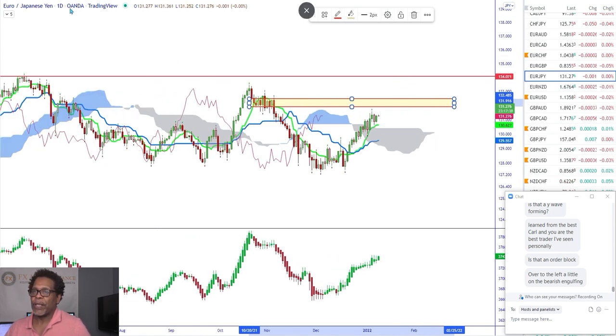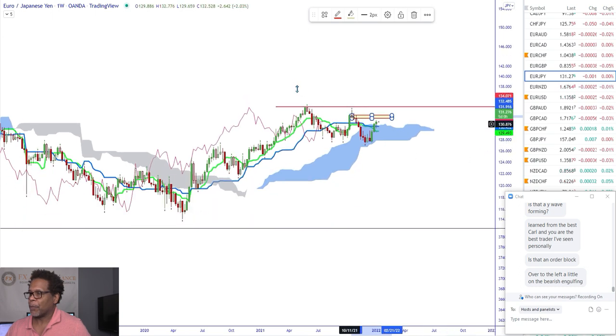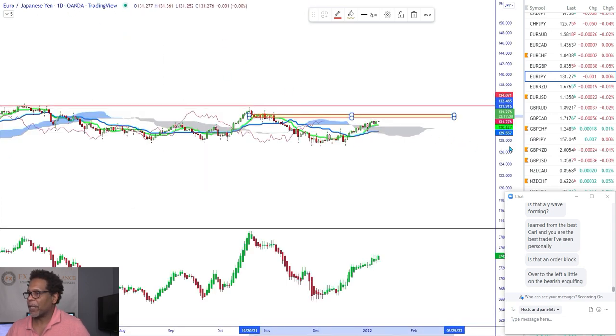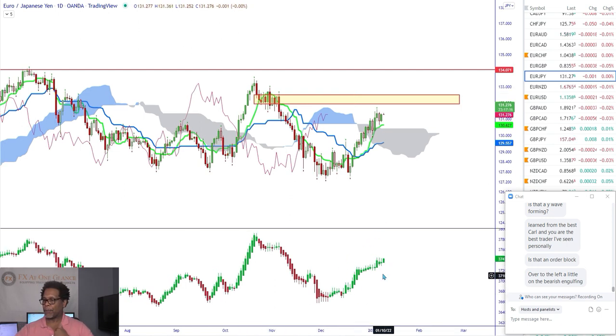But what we see on the weekly, right? The weekly may be getting weaker. And we start to see the full move to the downside. That would be a breakout below the cloud. If that's going to be the case, then if we do hold at this structure here of this order block, then we probably see the move lower. All right, strong demand in the market right now, though. So don't go against that right now.